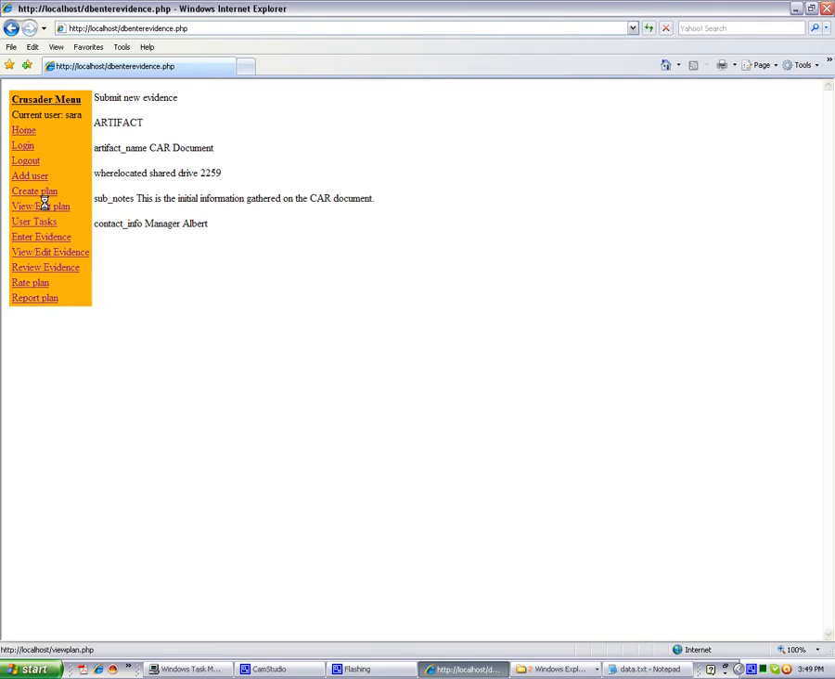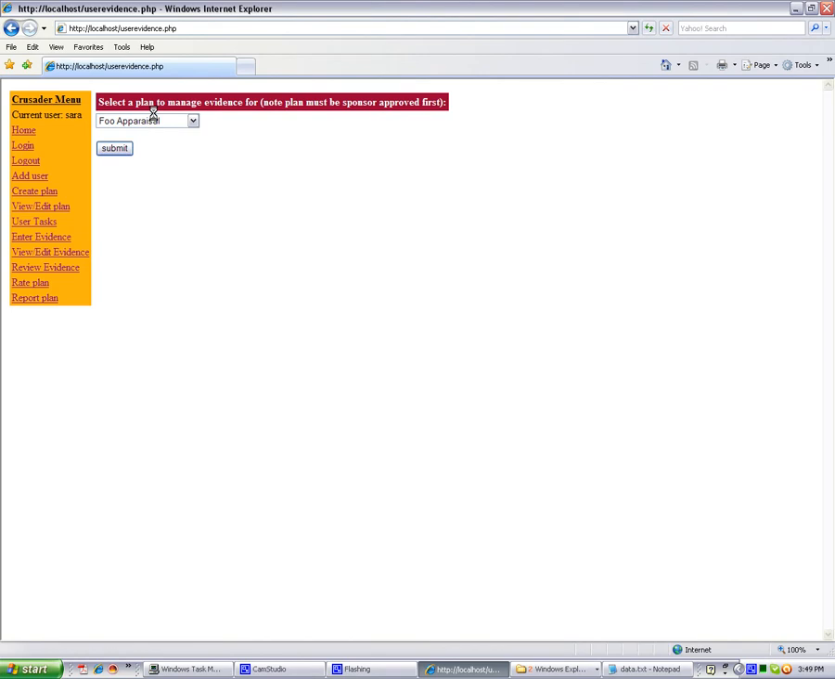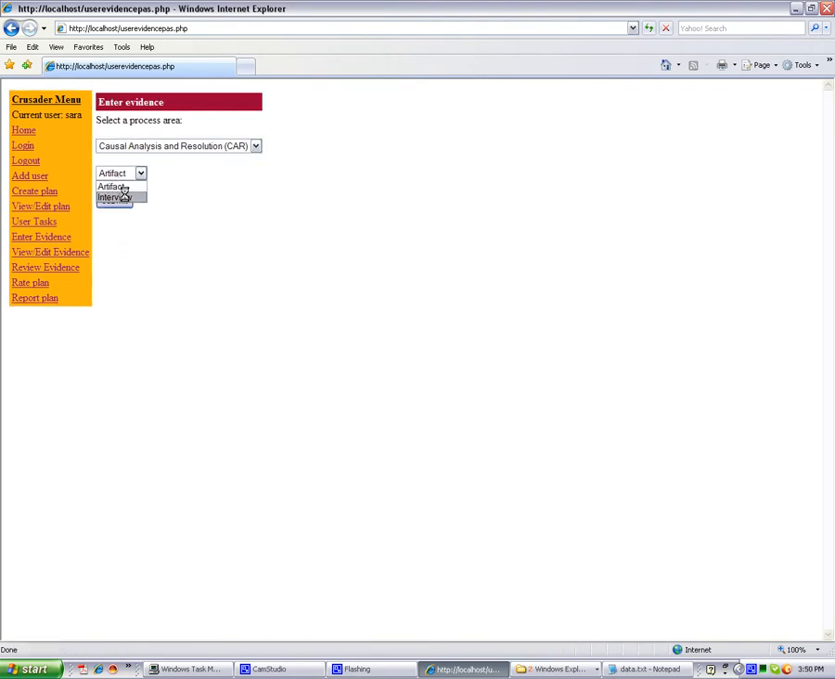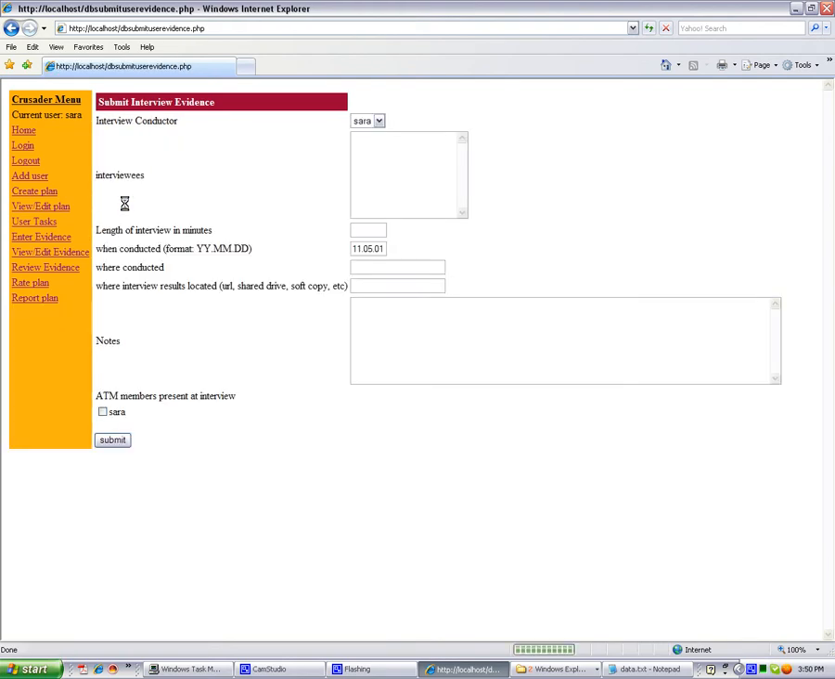We'll now enter an interview. Go back to Enter Evidence, select our plan, and select Interview. The interview conductor in this case will be Sarah, since she's the only team member present. Who are our interviewees who are present? The length of the interview, we'll say 55 minutes. When it was conducted, where it was conducted,